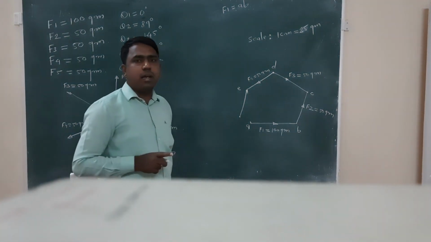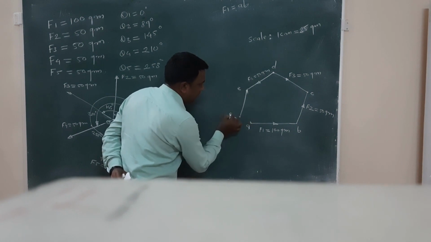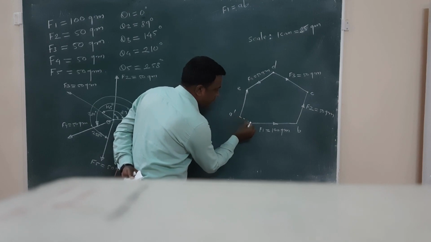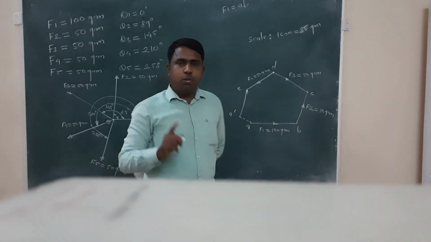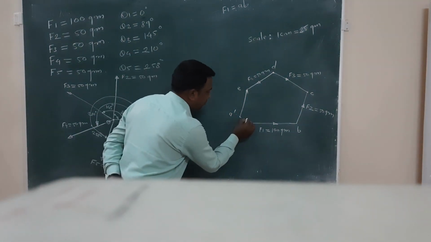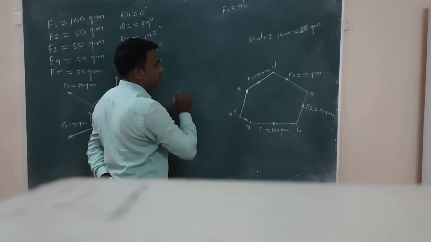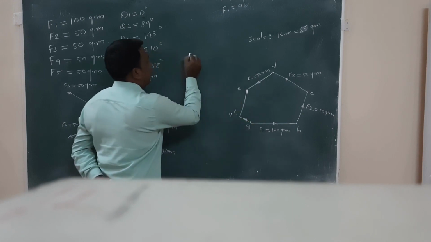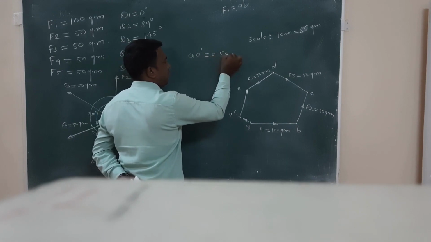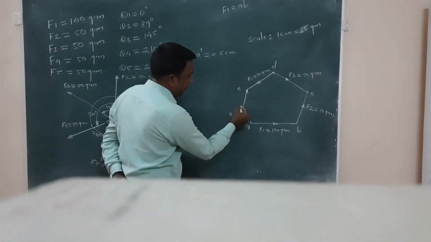तो उस केस में क्या करना है, अपने को एक क्लोजिंग साइड निकालना है. तो क्लोजिंग साइड कौन सी रहेगी पॉलीगॉन की? E to A dash, इसको डैश से इंडिकेट करेंगे. So this is the closing side of the polygon, and this closing side can represent the resultant. अभी ये जो closing side है A to A dash, suppose इसकी लेंथ अपन ने स्केल के ऊपर मेजर की, the length is suppose 0.5 centimeter and the direction is this, which is acting in opposite order.